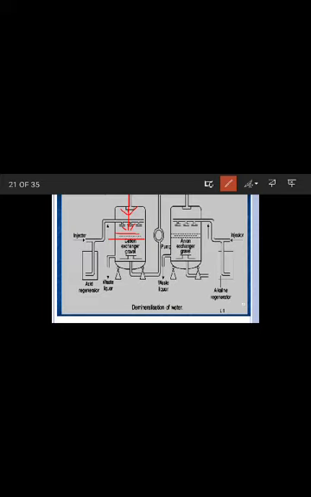So at the bottom we are getting the cation-free water. The cation-free water is directed to the anion exchange resin. There all the anions are trapped by the anion exchange resin and we get the demineralized water. So the final water does not contain any anion or cation.